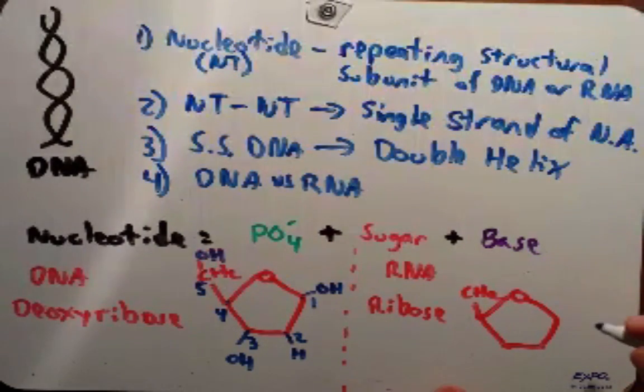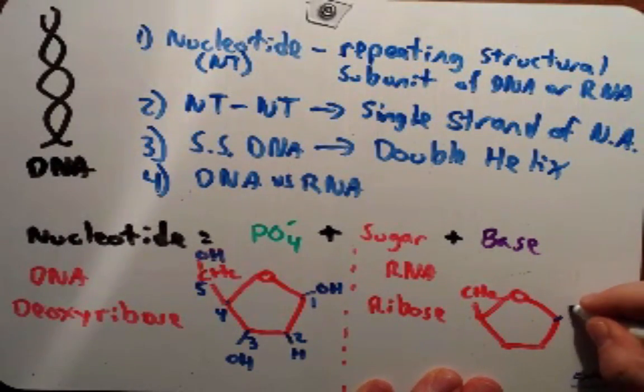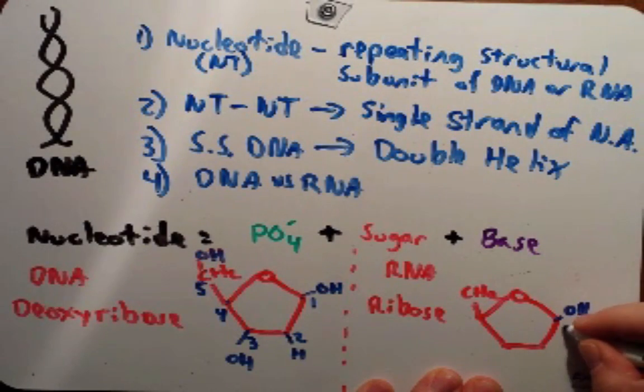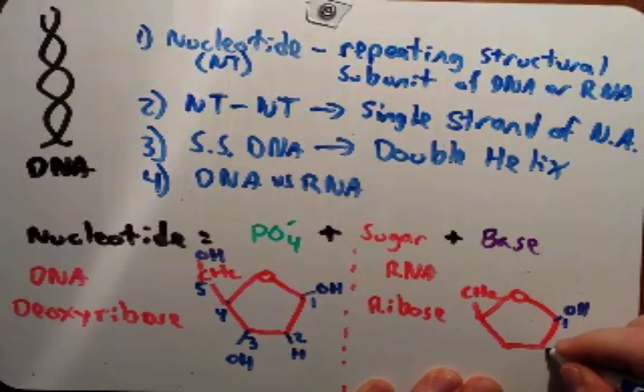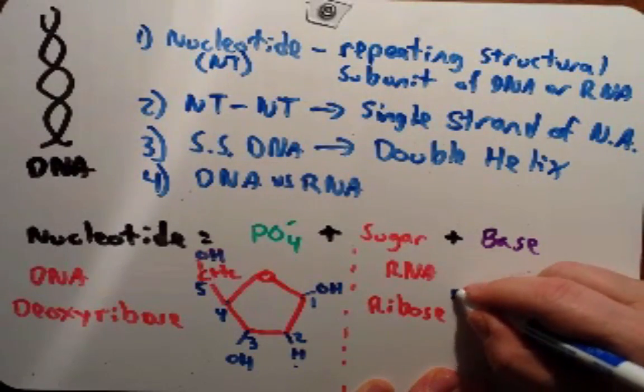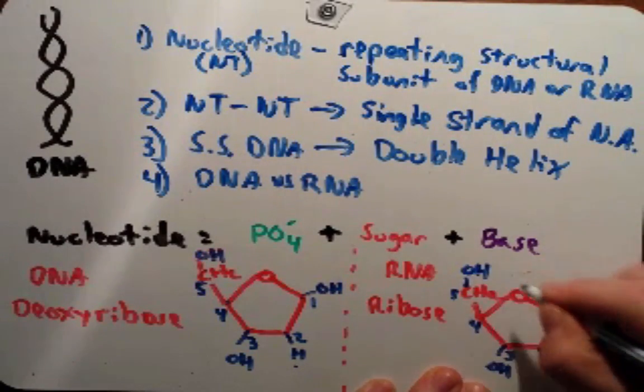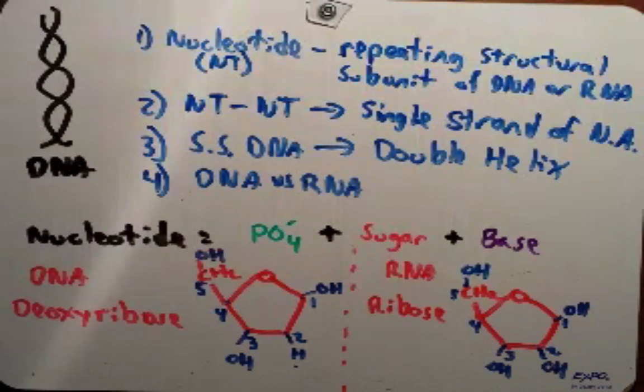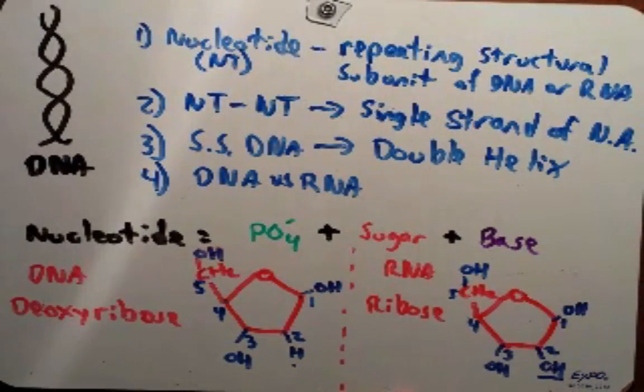And you'll see it's very similar to the deoxyribose. We have our hydroxyl group here off of our carbon 1. The difference comes here at carbon 2. At carbon 2, instead of a hydrogen, we have another hydroxyl group. Then off of this carbon 3, we have a hydroxyl group, and this is carbon 4, carbon 5 with a hydroxyl group off of it. So really the only difference between deoxyribose and ribose is the hydroxyl group at the 2' in ribose